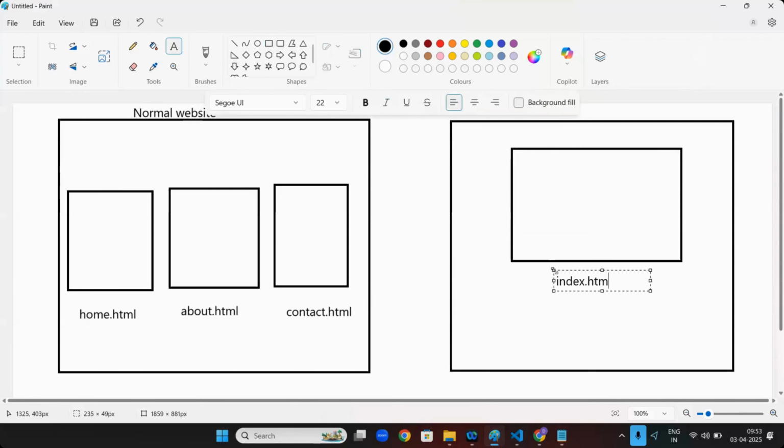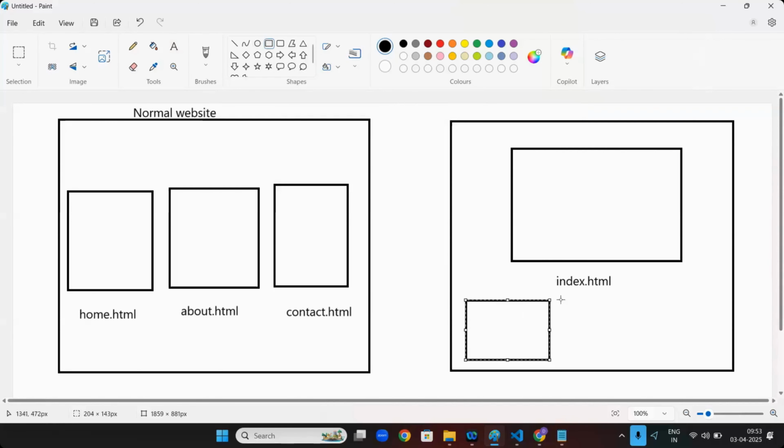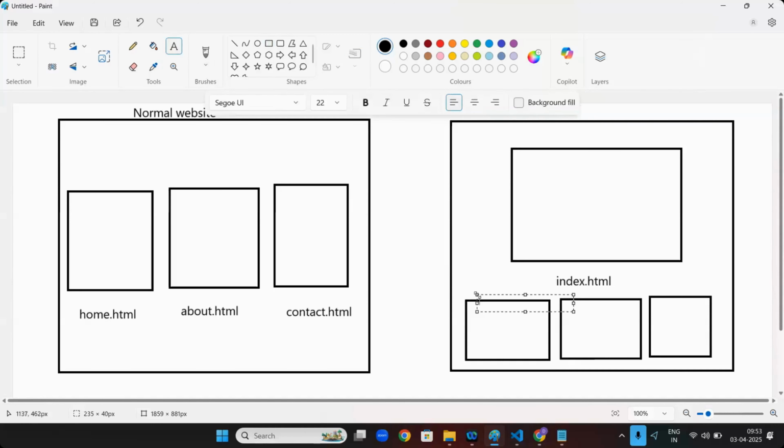They will create one page called index.html and inside it three things: home, about, contact.